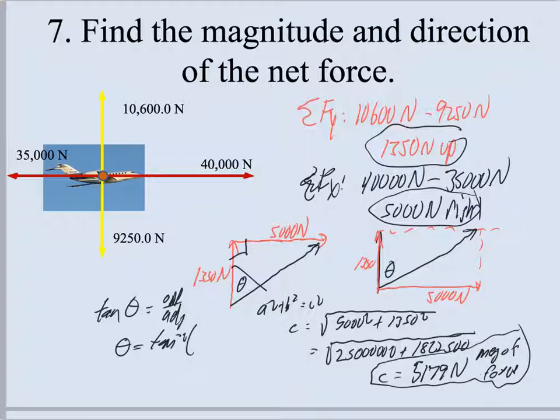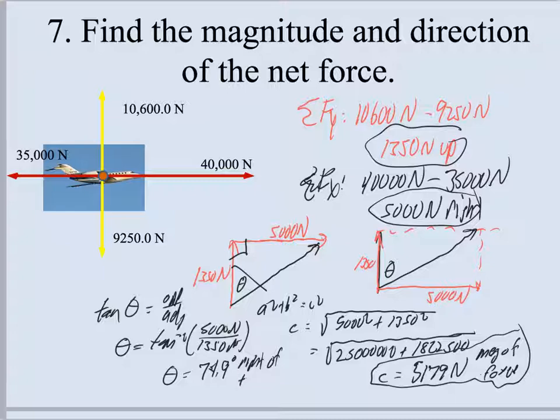What would the opposite side be of theta? The opposite side would be 5,000 over the adjacent side, 1350. And when we do the inverse tangent of 5,000 over 1350, we end up with 74.9 degrees to the right